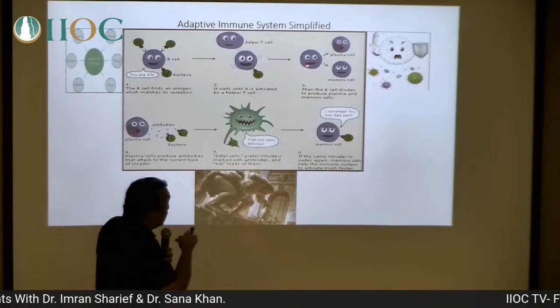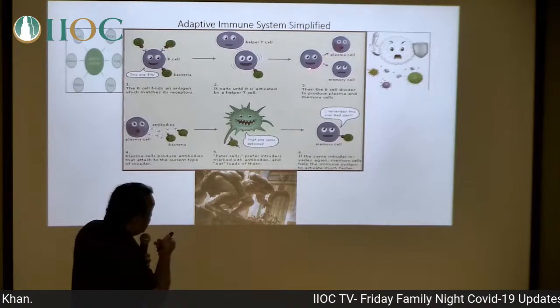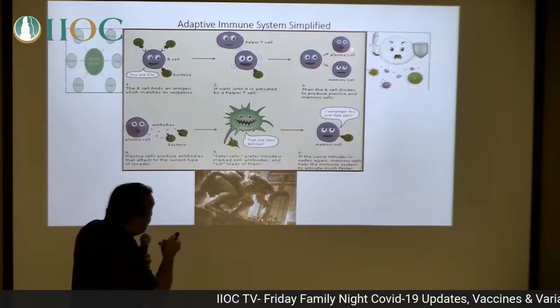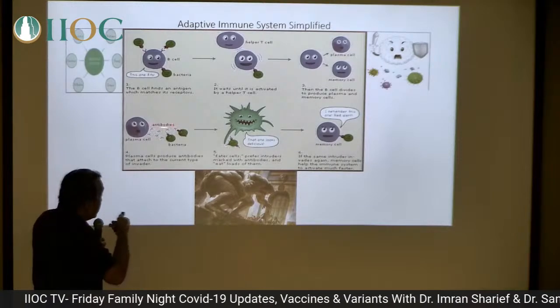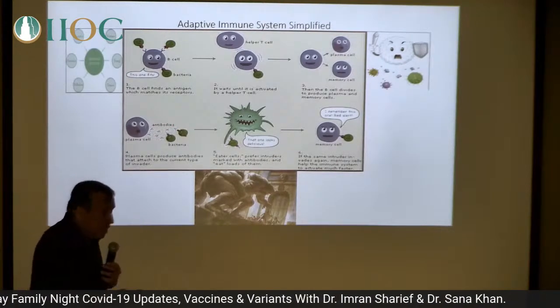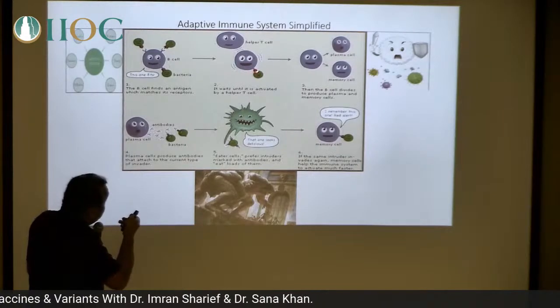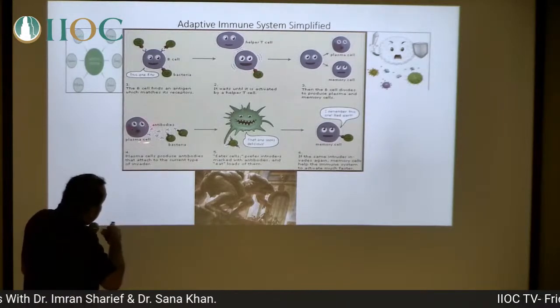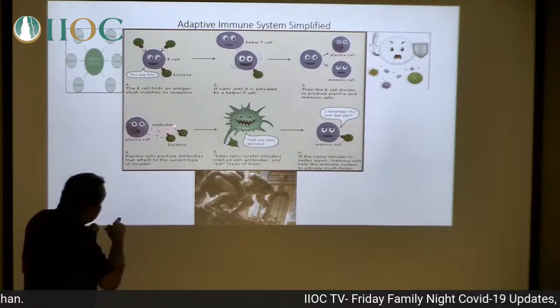The B cells then multiply, but they come in two forms. One is called a plasma cell, the other is a memory cell. The plasma cell produces things called antibodies. You've probably heard of that. So instead of this whole cell having to attach to the antigen, these antibodies are produced, so these B cells produce these tiny little attachments.